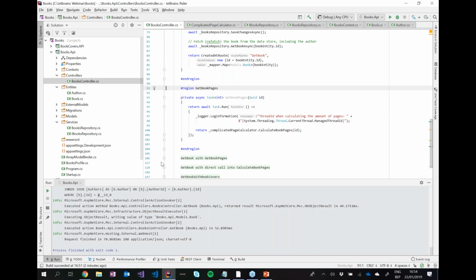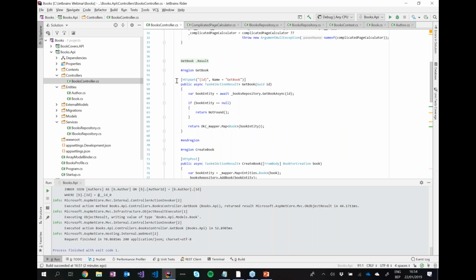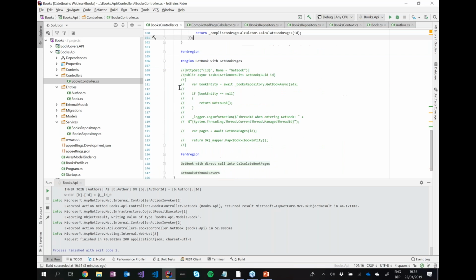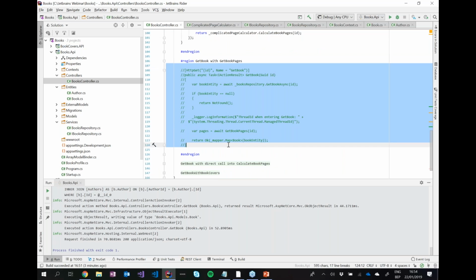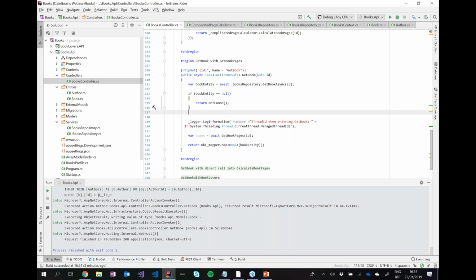What we need to do is try and make this CalculateBookPages method awaitable. So if I copy paste that here,